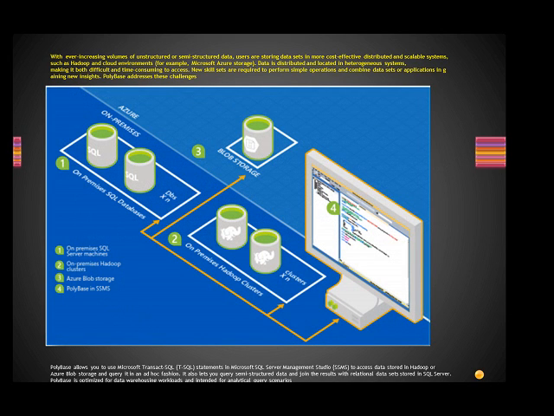So this is a simple graphical representation, I would say. On the first, you can see your on-premise SQL database marked as number one. Number two is your on-premise Hadoop cluster, so all your unstructured data is stored in these Hadoop clusters. And number three is your cloud storage, the blob storage. It is also a flat file system. Unstructured data. Blob is unstructured data. It's a cloud